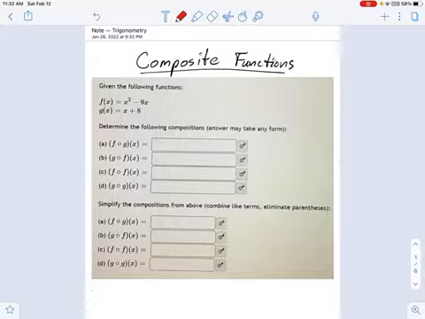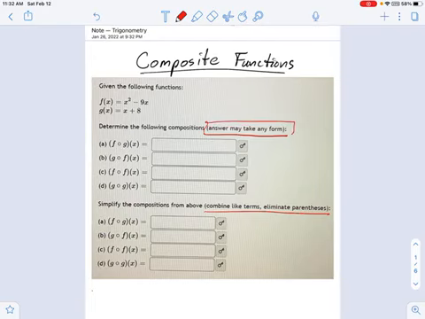But I do want to explain what this top half portion means, "answers may take any form," and the bottom half, which is "combine like terms, eliminate parentheses," all that. When I say answer may take any form, I mean you don't have to simplify it. You could put in something that is far from simplified as long as it's correct. Anything that's correct will be given points. The purpose of this is I want to know if you understand the basic idea and maybe you're just getting tripped up in some of the algebra. If that's the case, you should be getting a good half credit here.